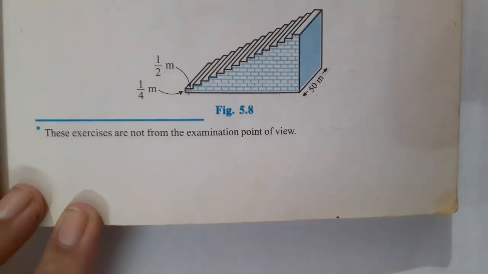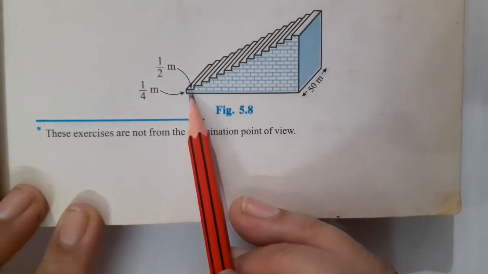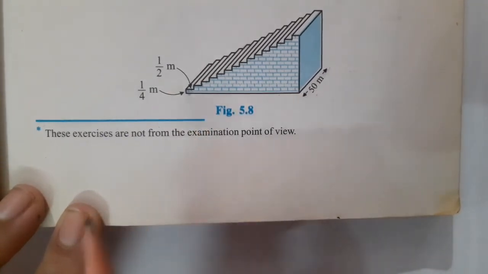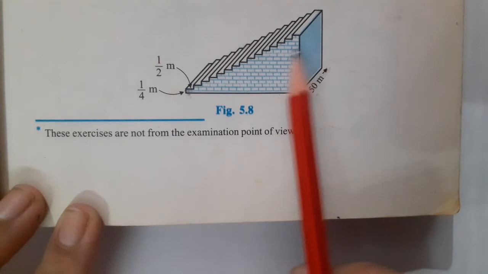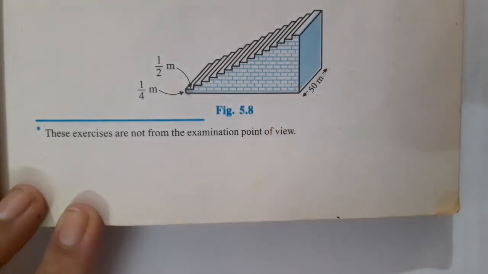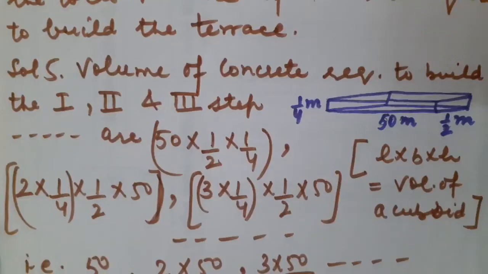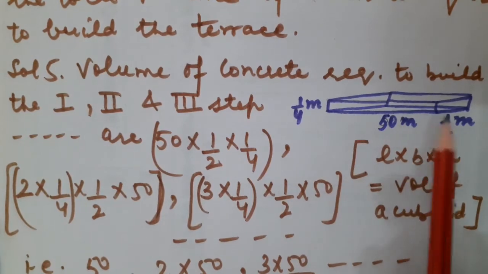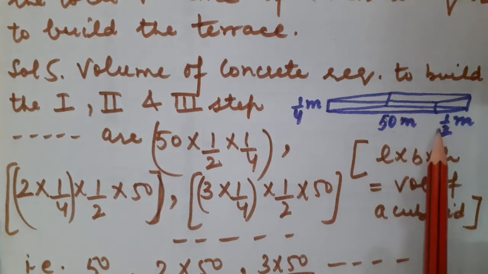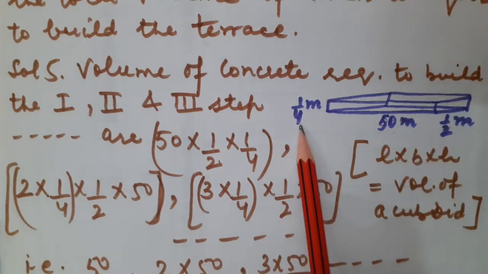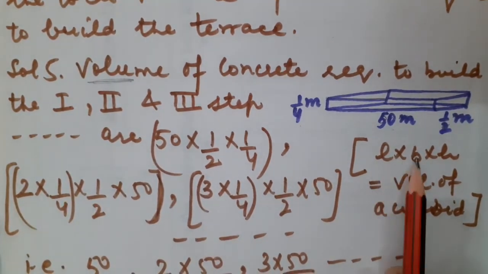So children, you know very well that each and every step is going to form a cuboid. Correct? And what is the formula to calculate the volume of a cuboid? That is length into breadth into height. As it is a 3D shape, it was difficult for me to draw it on a piece of paper. That's why I am going to show you this figure from your NCERT textbook only. But children, for your convenience, I have drawn a cuboid. Just have a look, whose length is 50 meter, breadth is 1/2 meter and the height is 1/4 meter. Fine. So we have just recalled the formula of volume of a cuboid, that is length into breadth into height.